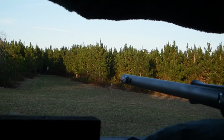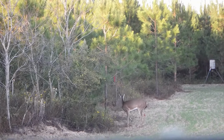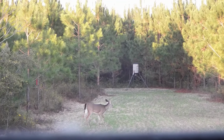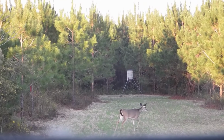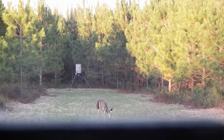In a moment, the other one comes back out, and they feed around for a little bit. And then they go back into the trail and head on back into the woods. A little while after that, they come out down there by the feeder. And I'm shooting video footage of them, but they are real antsy, skittish, and one keeps looking back into the woods, and it's not until